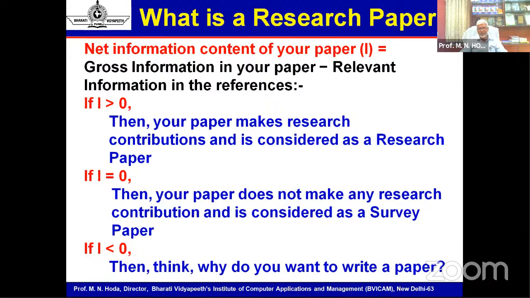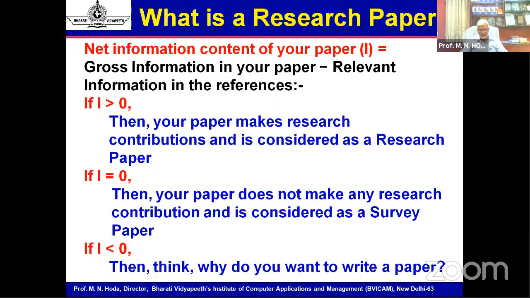And particularly in terms of citations, survey and review papers will fetch much more citations than the core research paper which you write in your own domain, because the readers for survey and review papers are huge compared to the core research paper. In a core research paper, only scholars of your domain will go through the paper, while for survey and review papers, any research scholar connected to your domain or an allied domain might also go through them and start citing the paper. So you will get better citations for survey and review papers.